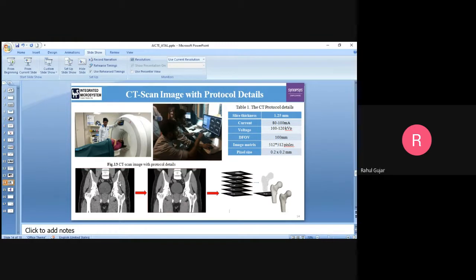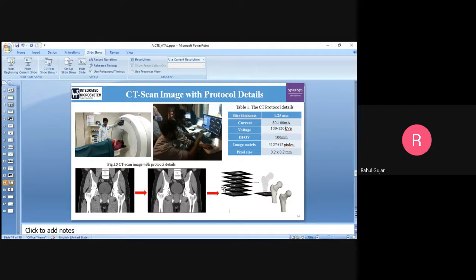So you can see the image in the figure below. This is my own CT scan that I have taken, and the second figure is from the time of taking the CT scan at the hospital. Now the third figure shows the first figure with noise in the image. And next to it, the noise is eliminated if you maintain these CT scan protocol parameters at the time of taking the CT scans. And finally, we convert into the 3D model by using the different slices. So look here, the slice thickness is kept at 1.25 mm.